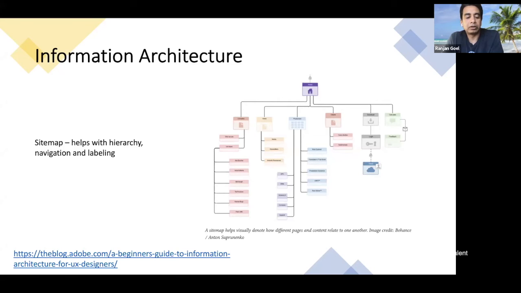I've put this Adobe best practice for UX designers here. It will be very helpful. But essentially, before you design a website, you put this kind of a framework of various flows in the site, various sections of the site, and the hierarchy within those sections. Now, what you see here is a simple view. You don't see lines across the sections, and it's kind of deliberate because you want to start with a simple view first.